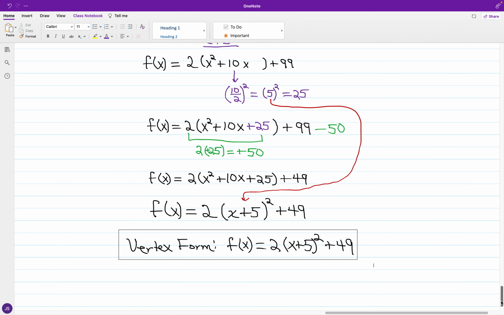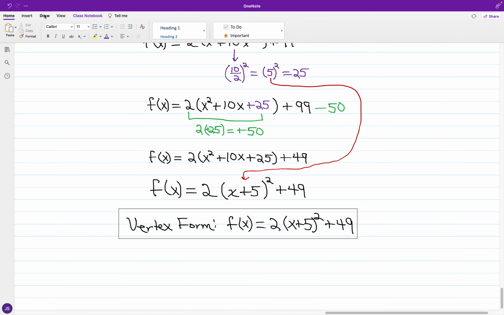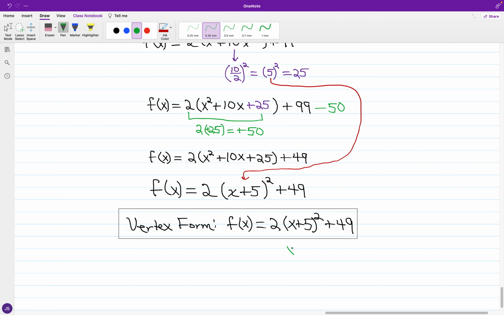And as for the vertex, just looking at the h and the k values, your a value is 2,